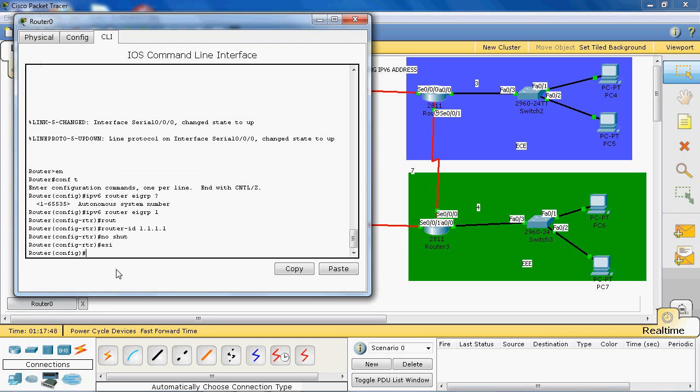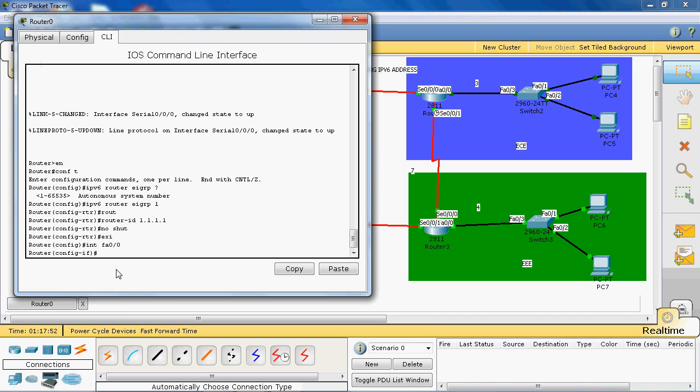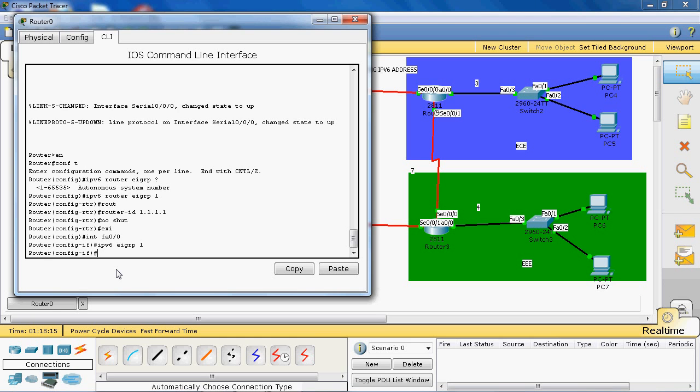So now we go to the interface FastEthernet 0/0 and enable the EIGRP routing protocol. The syntax is ipv6 eigrp, the autonomous system number is 1, enter,